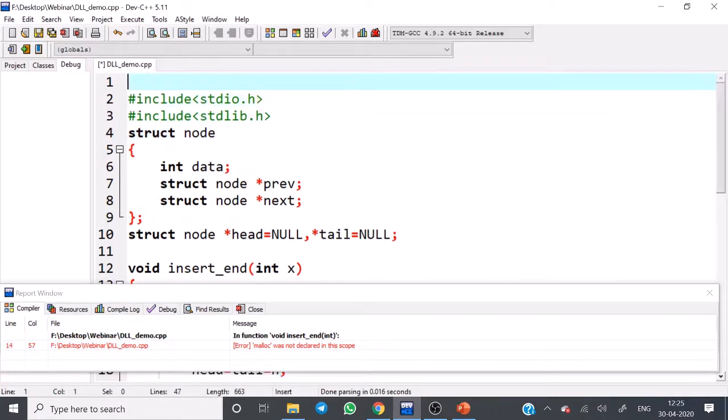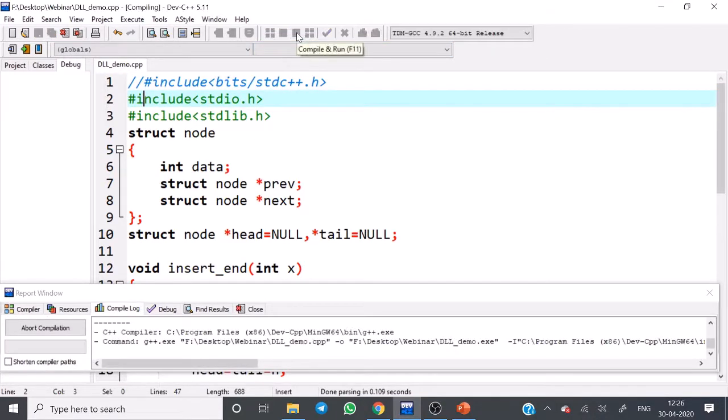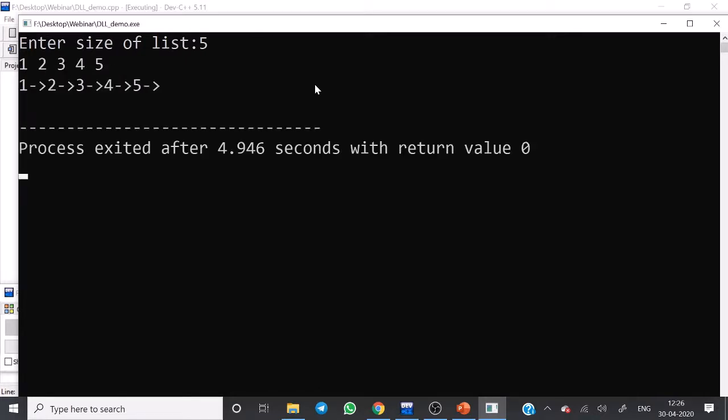Otherwise, use another header file. Include bits/stdc++.h, which includes all the header files. Okay. This is also possible. Leave this now. So data is printed now.